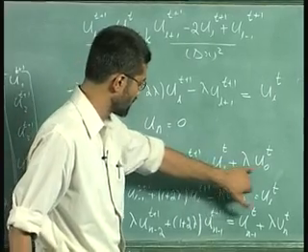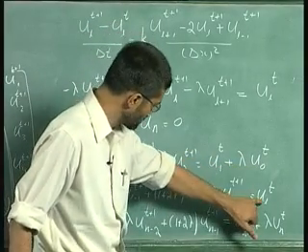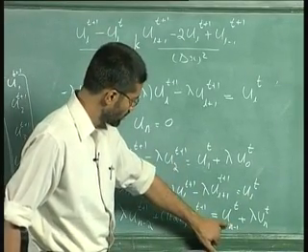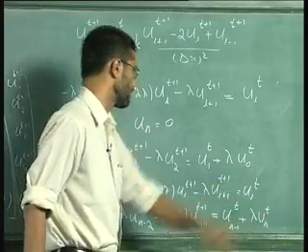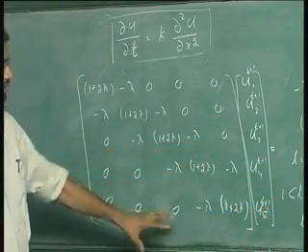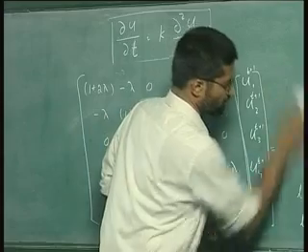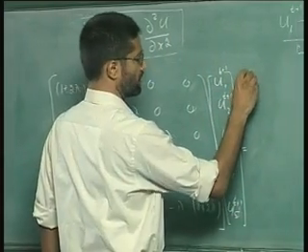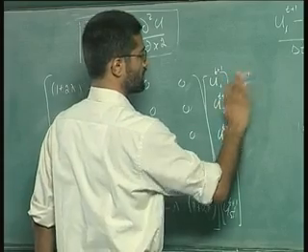The first one would be u1 at time t plus lambda u0, and the rest would be u2, u3, u4 at time t, and the last one would be u4 at time t plus lambda u5. That will be the right hand side of this matrix. So this is the matrix which we have to solve. Okay, so we solve this. So we have the equation in this form,